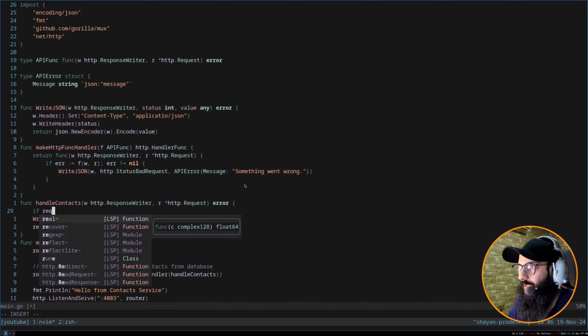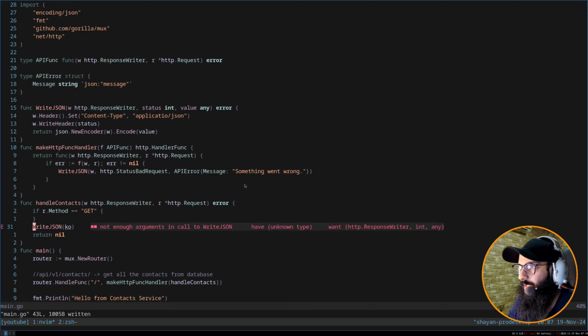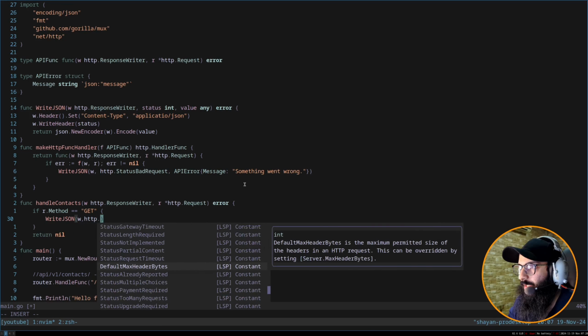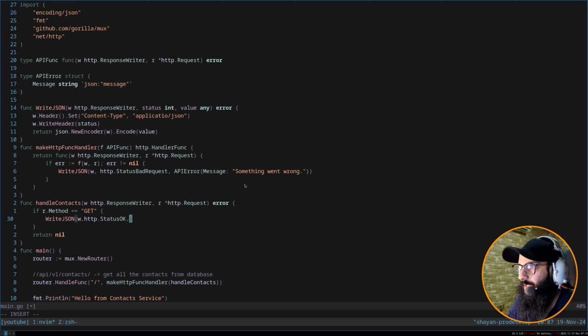If r.Method equal to GET, just write the JSON, and for writeJSON we have w for the response writer. Status will be StatusOK, and the value, let's say we have